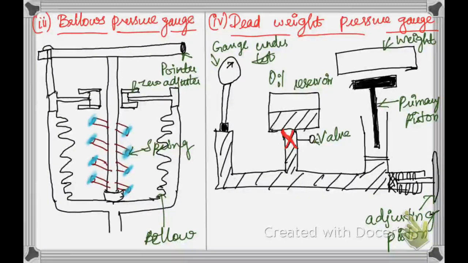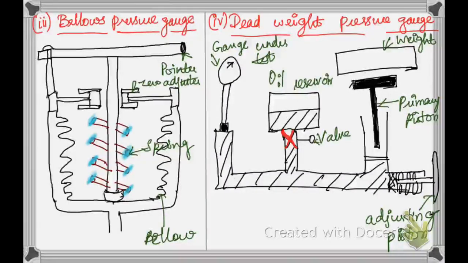So the sum of pressure values stamped on the weights lifted is operated on the pressure gauge element also. So this is also under test. So mainly this is used for measurement of higher steady pressure. You can use it for higher steady pressure. So the main thing is that it works on the principle of Pascal's law, and usually the weight can be lifted up based upon this setup.